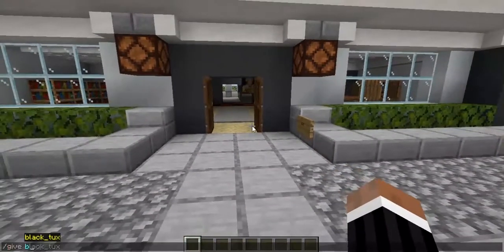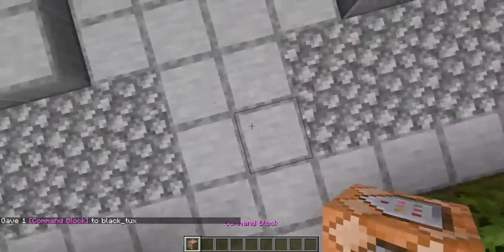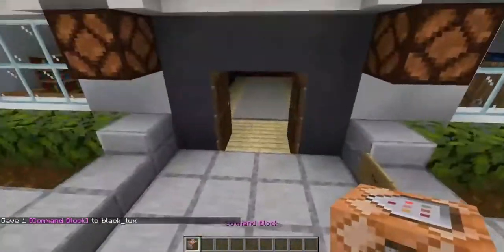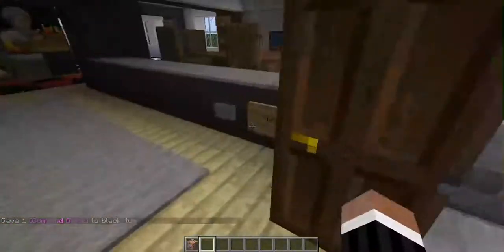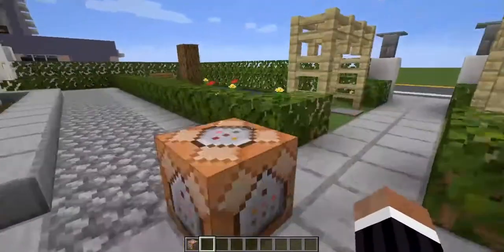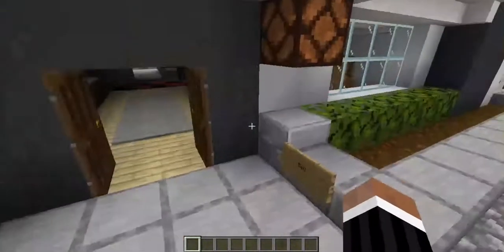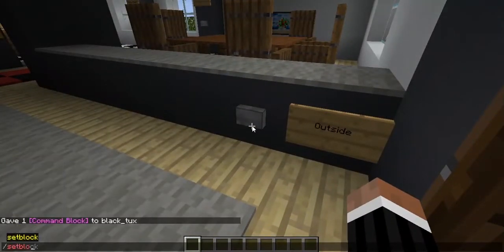So first things first, we have to give ourselves a command block. All right, and we're going to set it up right out here. Setting it up here rather than somewhere far away where the player won't be able to see it is preferable because that way we can test it with the ability to be moved quickly between locations and also see what goes wrong. So first, let's grab the coordinates of this button